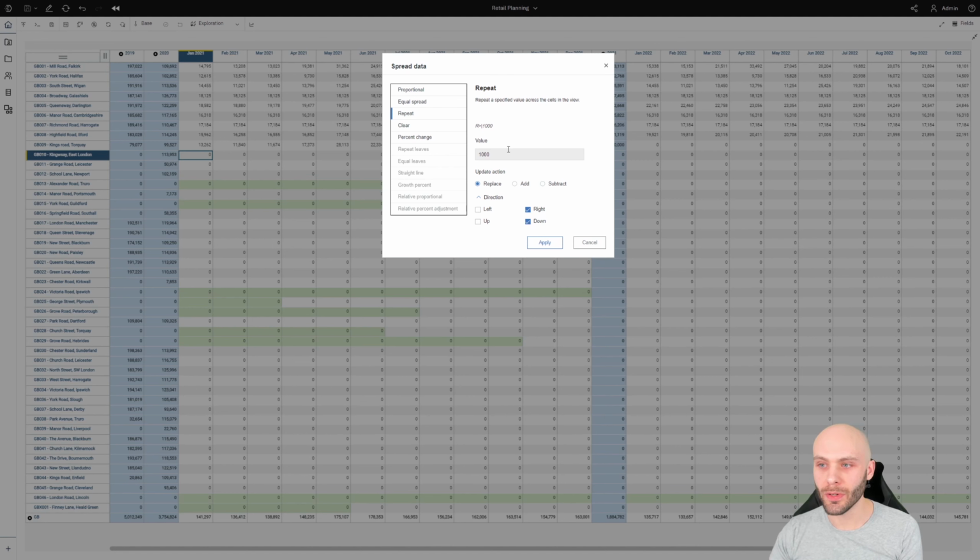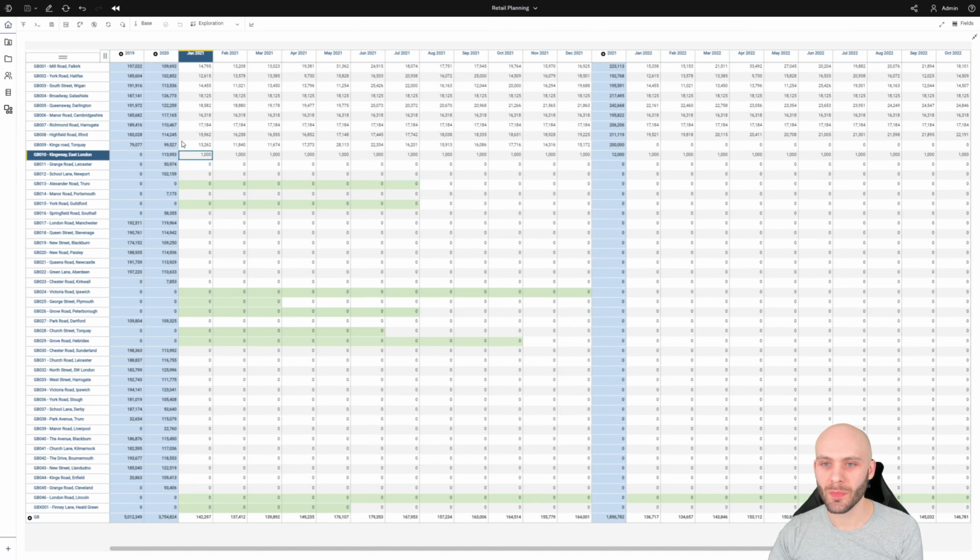Now, what you should focus on here is this little section up the top as well. So when I make my changes, we see that that changes. And that is the shortcut command that we can use instead of going through this right click menu. So in this case, we just have R greater than and 1,000. So the greater than refers to the right direction. So if I click apply, we see our 1000 goes across,